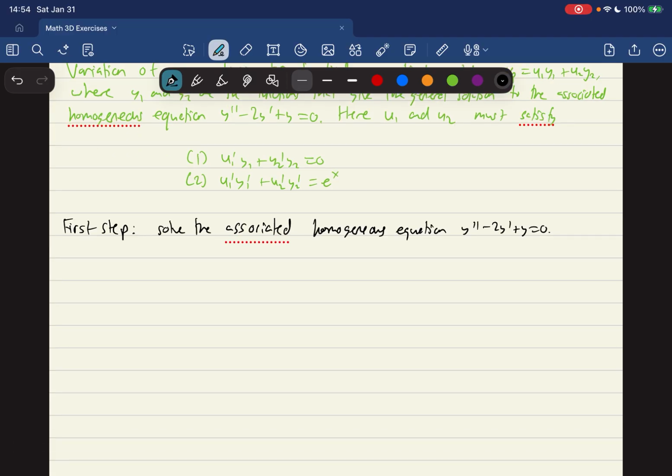The characteristic equation is just r squared minus 2r plus 1 equals 0. Or, if we factor the left side, we get r minus 1 squared equals 0. And so what this tells me is that we have a repeated root of 1, and so the general solution, therefore,